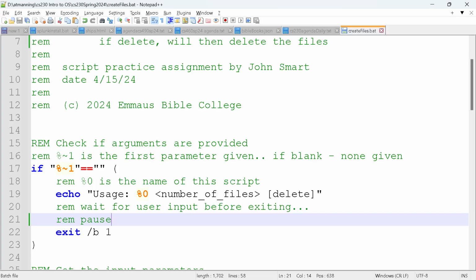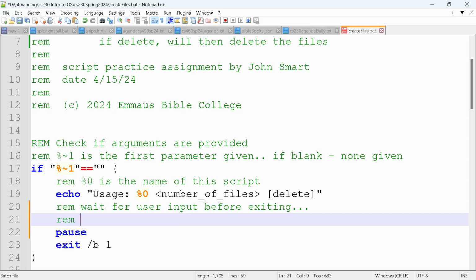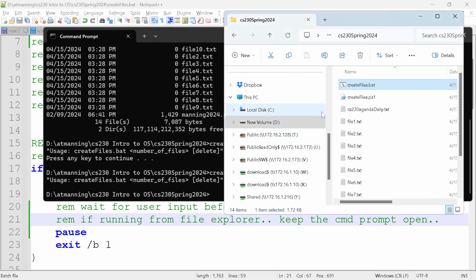So having the pause in there, just in case I'm running it from File Explorer, I'll put a little comment in there: if running from File Explorer, keep the batch, the command prompt open. So now that I have pause in there, watch what happens. I go to my File Explorer, I run it, double click,